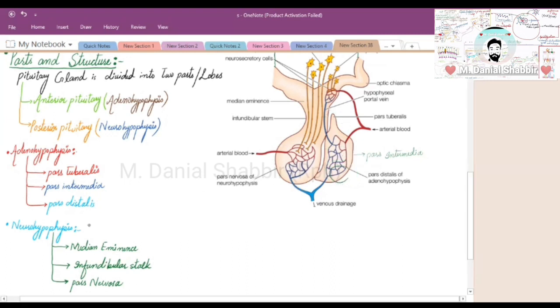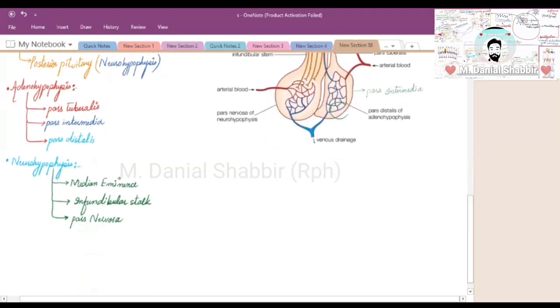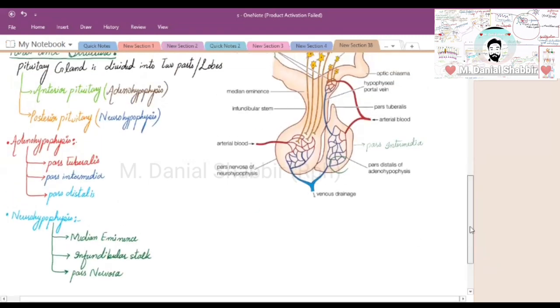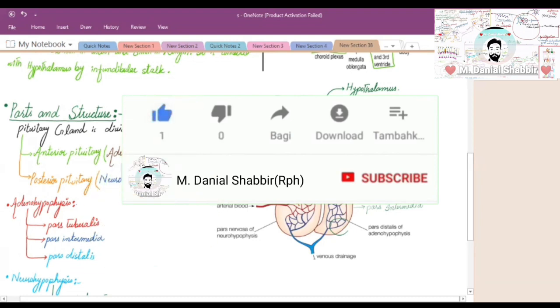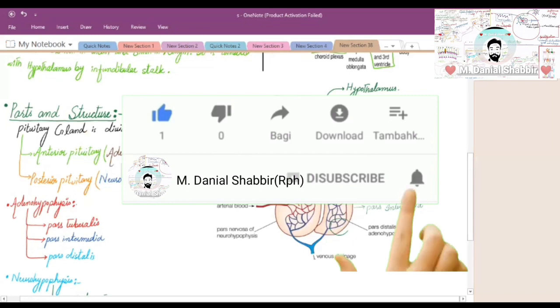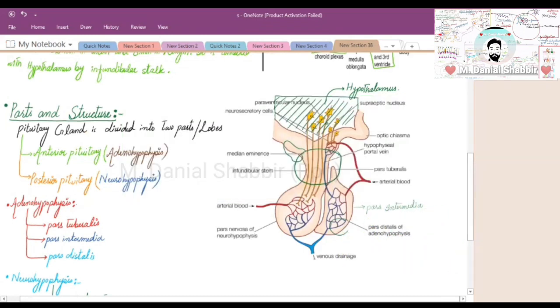Now come towards the neurohypophysis. It is divided into median eminence, infundibular stalk, and pars nervosa. This one is median eminence. This portion where I am making the lines is the hypothalamus. Through this portion, the pituitary gland is attached to the hypothalamus. Just after the hypothalamus is the part known as median eminence, and after the median eminence, this portion is the infundibular stalk or infundibular stem. Then after that, this whole portion is the posterior pituitary, and this other portion is